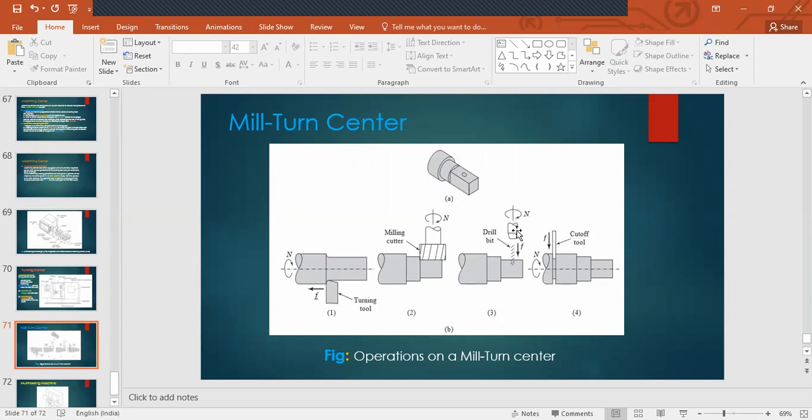Then drilling, if you have the drill bits attached. And then finally cut off, the usual operation, where the cut off tool cuts it off from the blank. So finally you get this product. These features are there on a mill turn center.